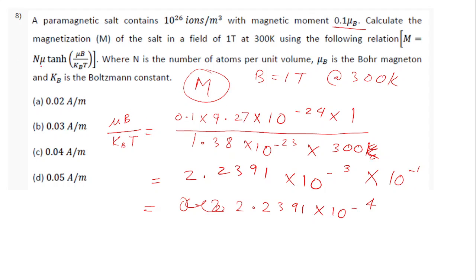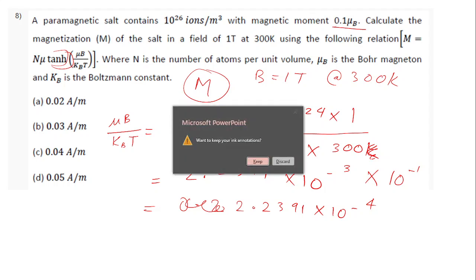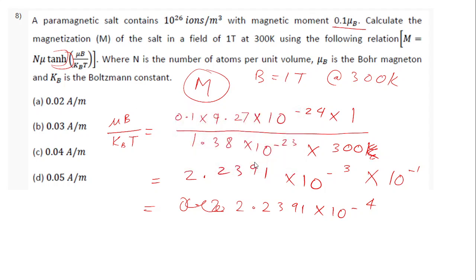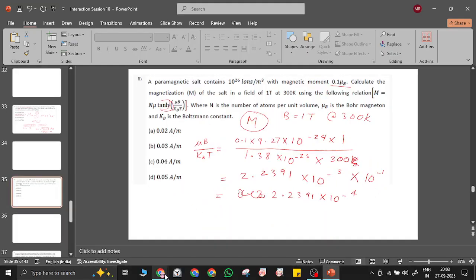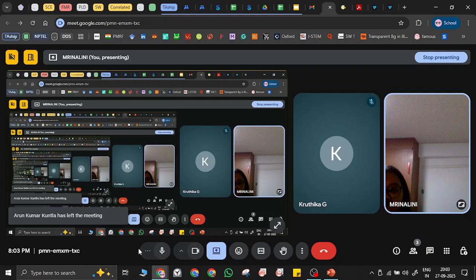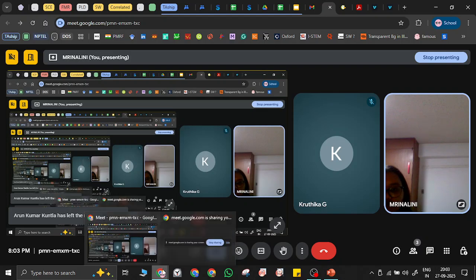Now we need to further calculate all this. N is given, mu is given. Now we need to substitute this. But instead of taking tan hyperbolic of this...